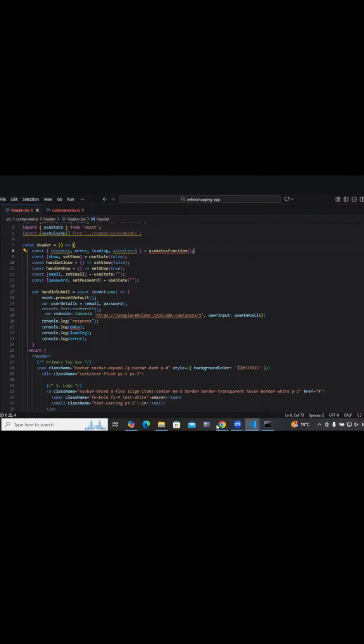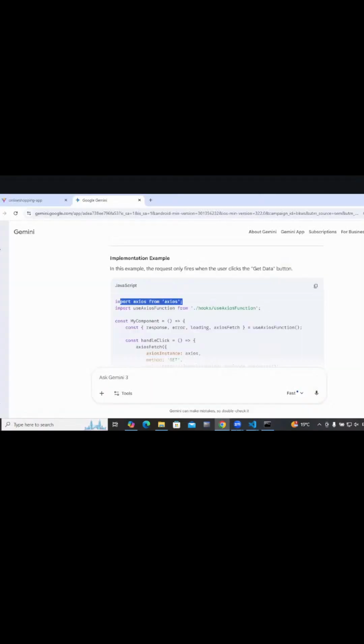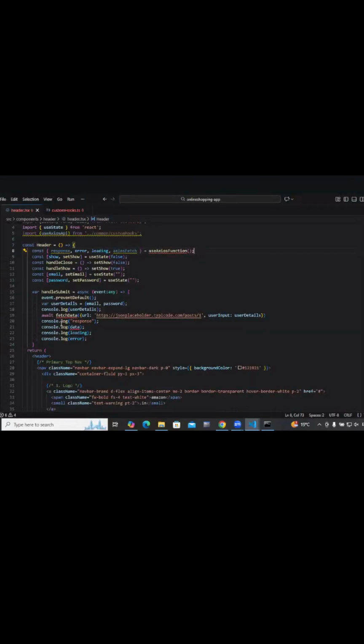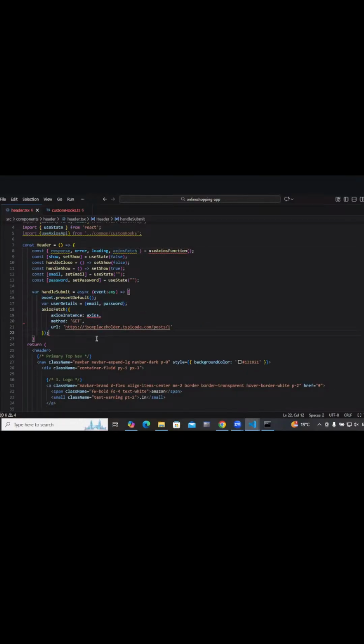In that case, I need to pass this Axios. Axios.fetch.